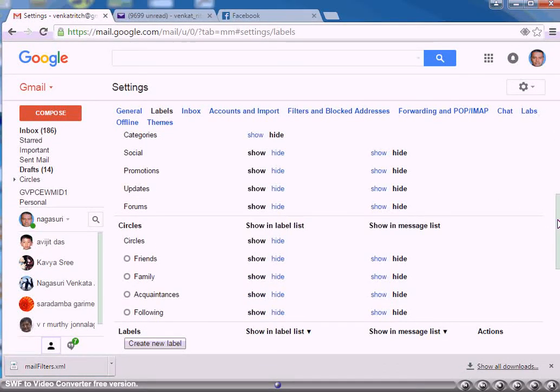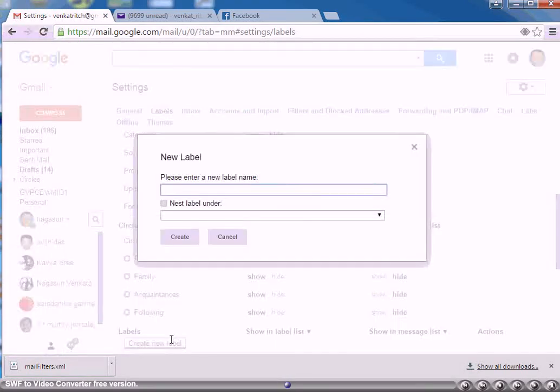Click create new label button. We get a pop-up window. So I have entered mid2 as the name of the new label which I wanted to create.